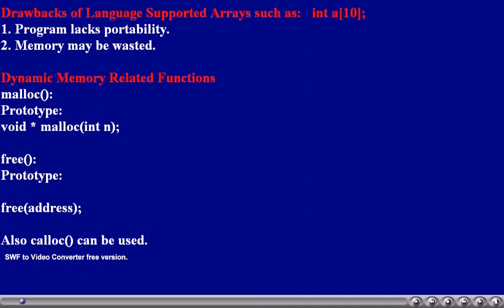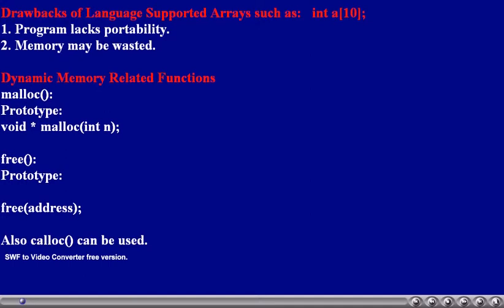What is going to happen now? The remaining elements of that array cannot be used. That means that the program is wasting memory. This is the drawback of language supported arrays. One way they lack flexibility, the other way they may waste memory.